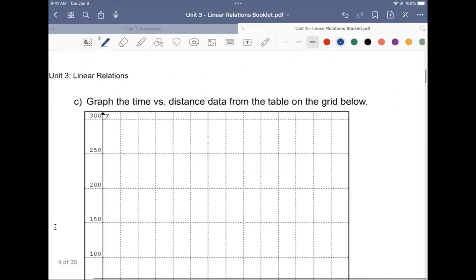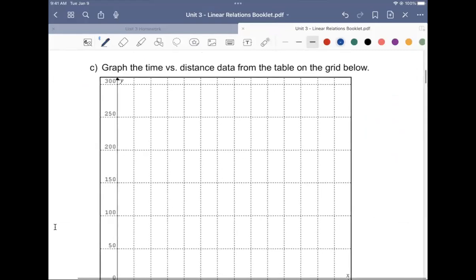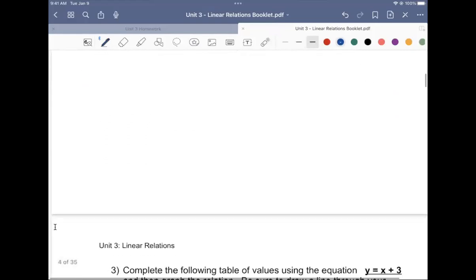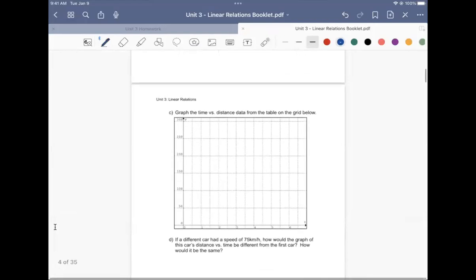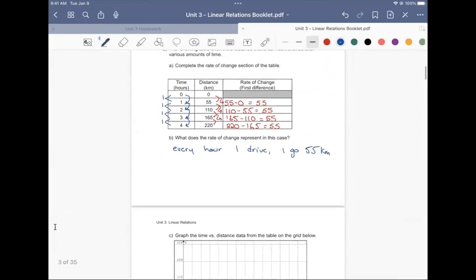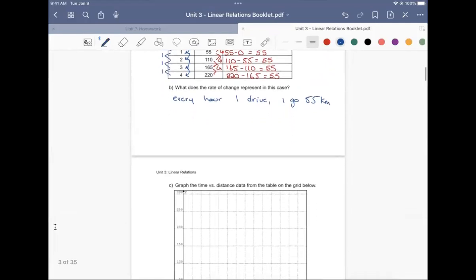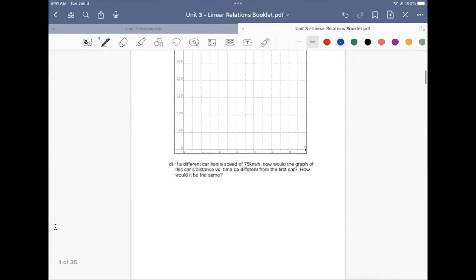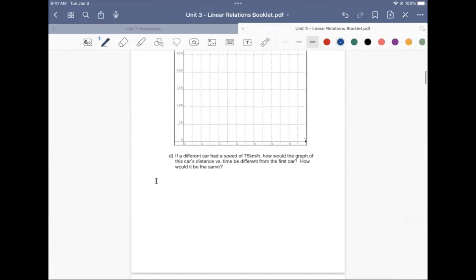Now we're just going to move on to another example where we're going to graph the time versus distance from the table on the grid below, which was supposed to be that table right there. I don't know why it says below. Bear with me on that one. Okay, so when